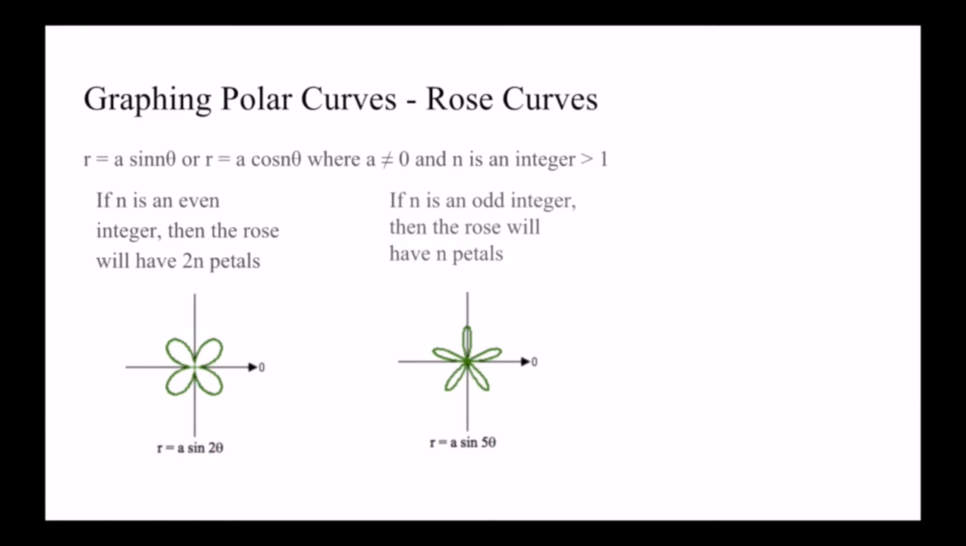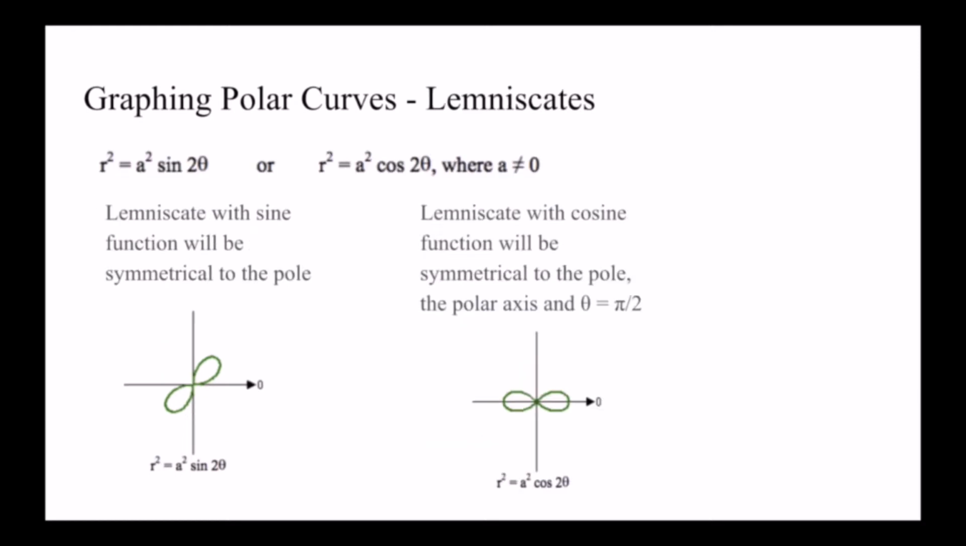The last polar curve I'll be talking about today is a lemniscate. It's represented as r squared equals a squared sine of 2 theta or cosine of 2 theta, where a does not equal 0. A lemniscate with the sine function will be symmetrical to the pole, whereas a lemniscate with the cosine function will be symmetrical to the pole, the polar axis, and theta equals pi over 2. No matter what the a value is, it will look like one of these graphs, except it will differ in